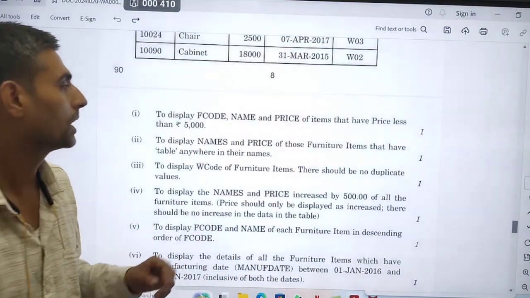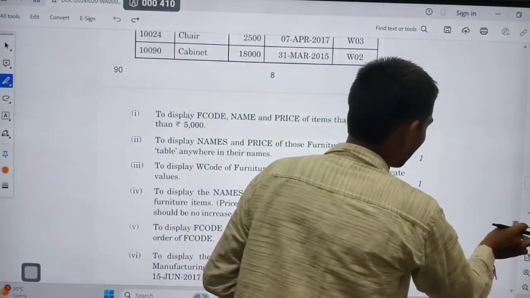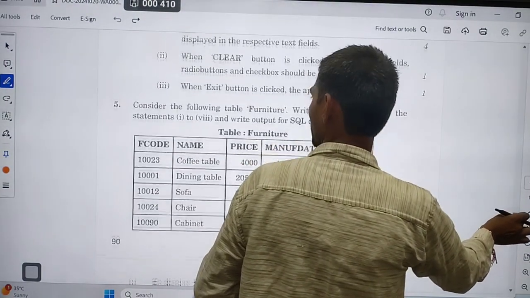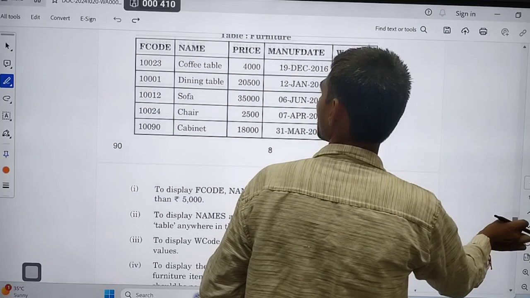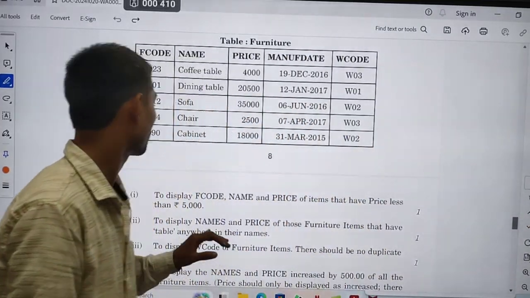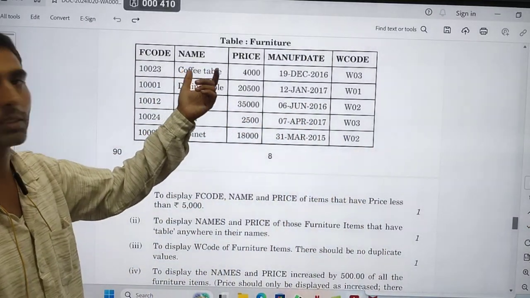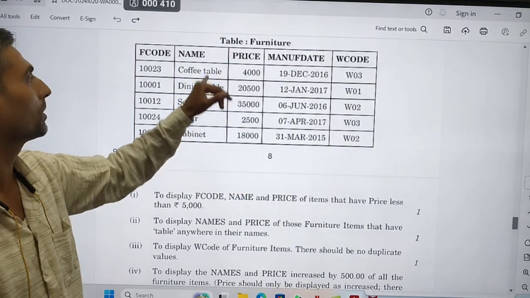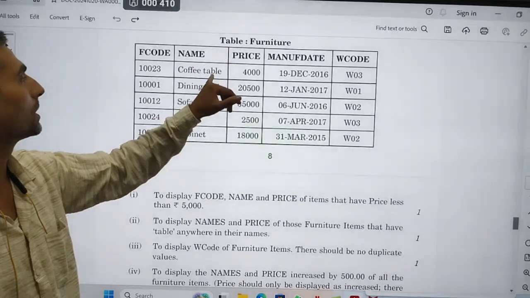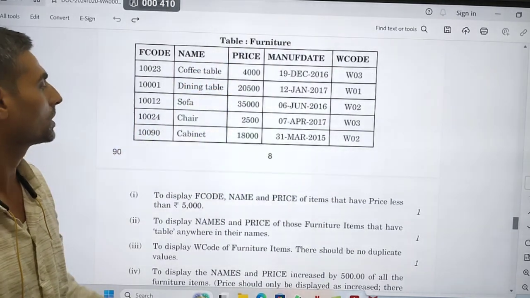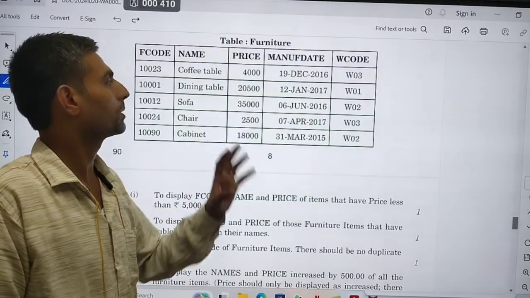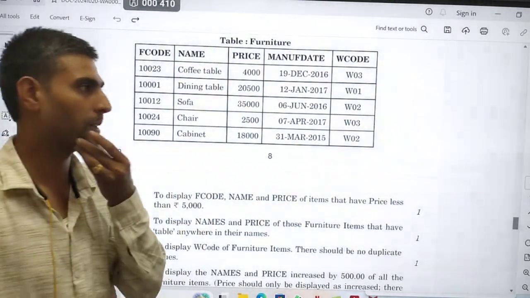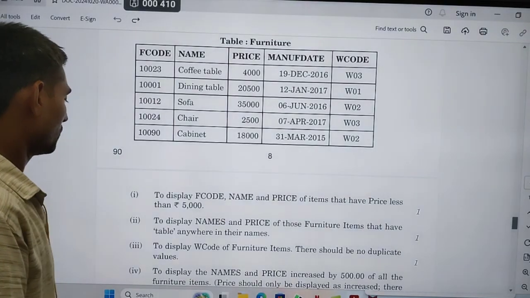We have learned about wildcard. Here we can see the name has the word table. Two times we have used table. So table can be used anywhere in the name.